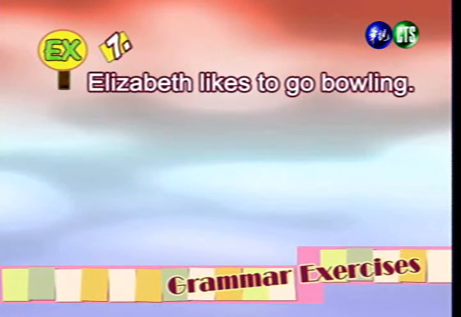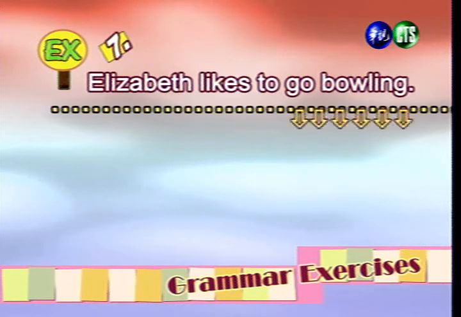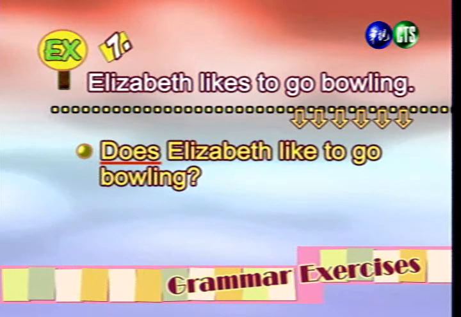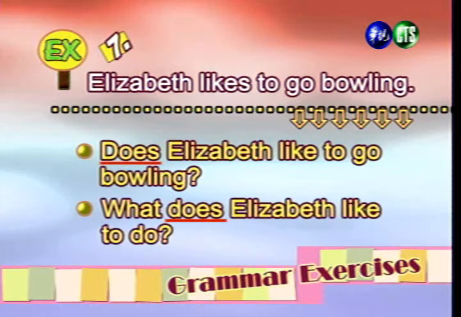Let's look at number 7. Our sentence is, Elizabeth likes to go bowling. 好，我们看一下例句7。例句7，伊丽莎白喜欢打保龄球。And we can have these questions. Does Elizabeth like to go bowling? And what does Elizabeth like to do? 好，我们可以得到以下两种问句的方式。And so note how the third person s is added to our auxiliary verb do. 好，请特别注意到我们如何把这个第三人称单数的 s 加到助动词 do 里面，而变成 does。